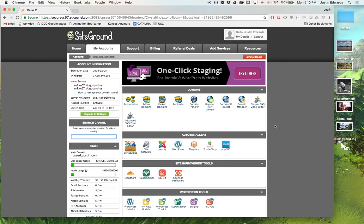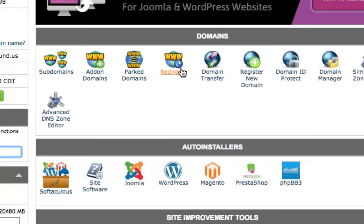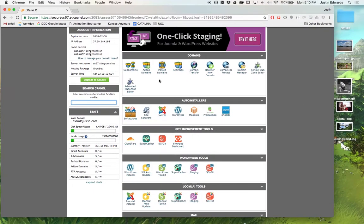cPanel is a way to interact with the server simply, with these little graphical icons. So you don't have to know code. You don't have to know how to talk to your server. cPanel is a graphical version of interacting with your server. So it can do these very intimidating things with your space that you're renting, but you don't have to know